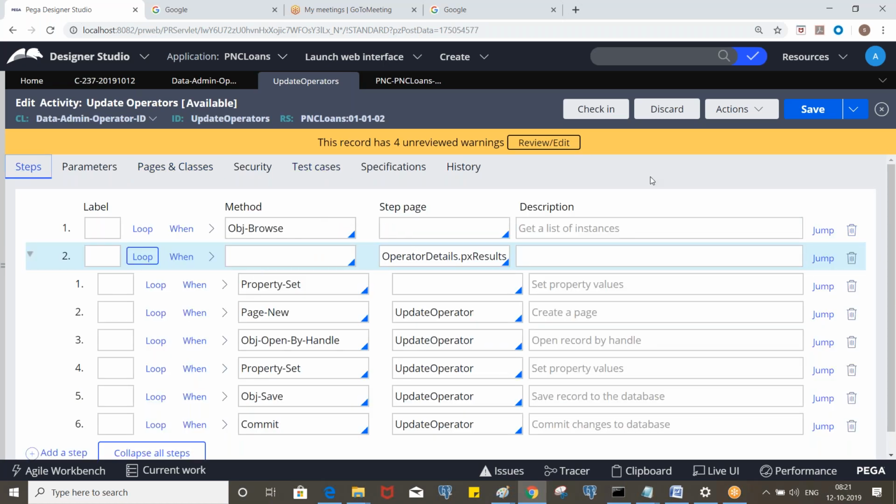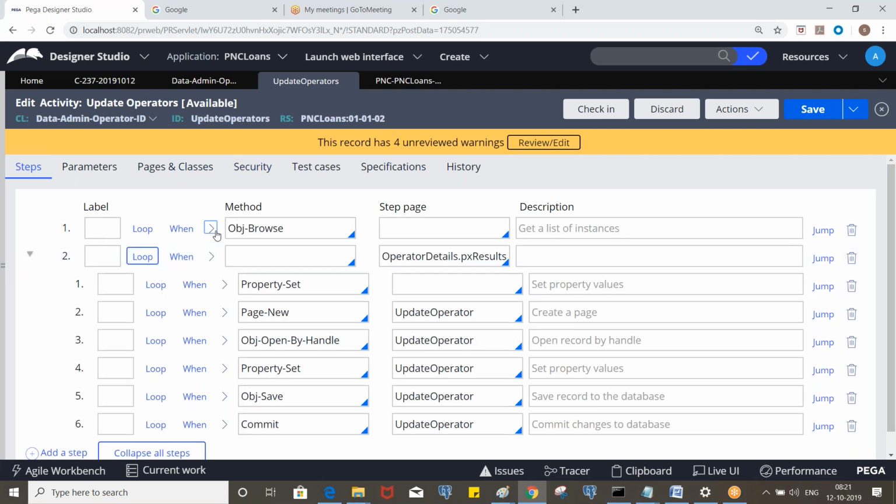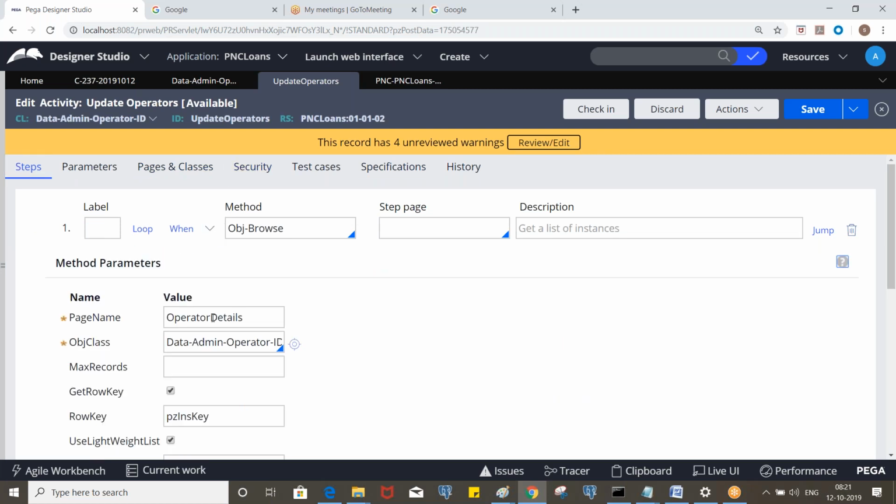So now, Satya, my confusion is when to use that py work page and when to use that code pega list. Whenever you use obj browse, this page will always be created by referring to the code pega list.